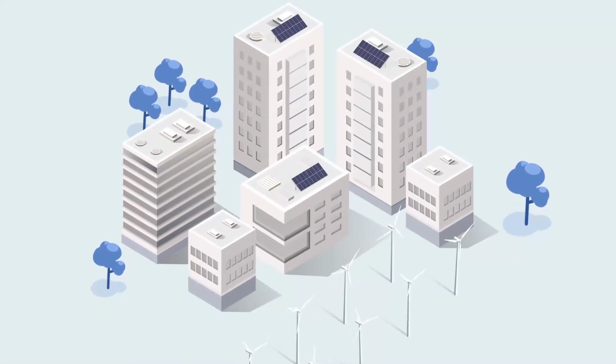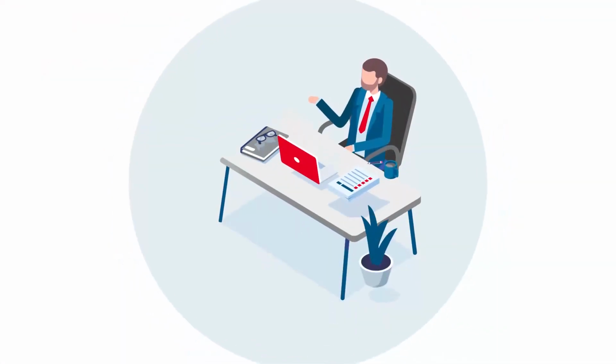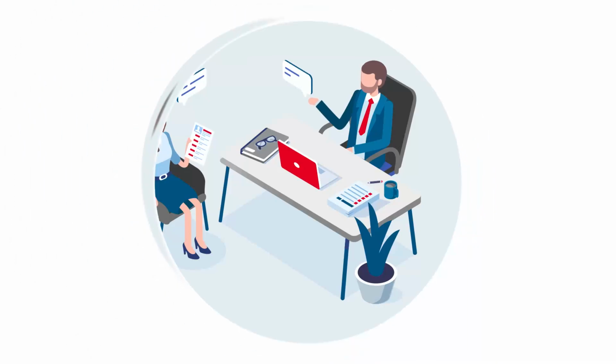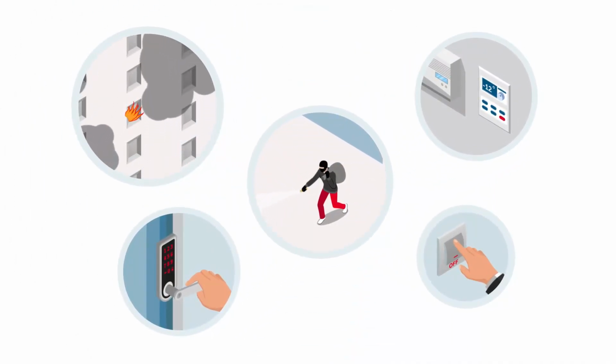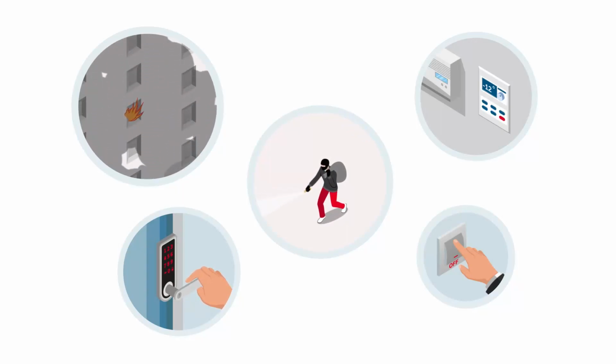A sustainable, accessible and safe building. That is what you're looking for. A building where people work comfortably and feel safe. MPL will assist you. Also, when something goes wrong, we have smart total solutions in terms of security and data